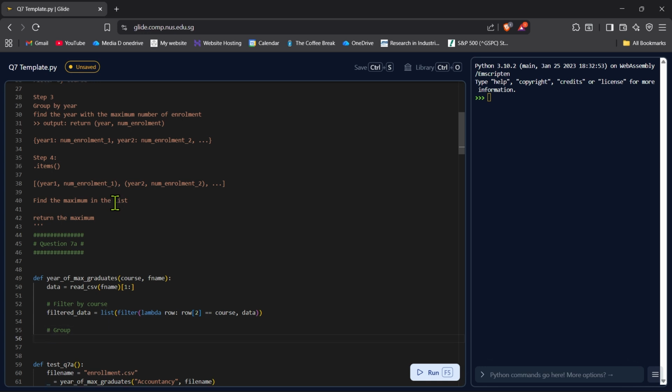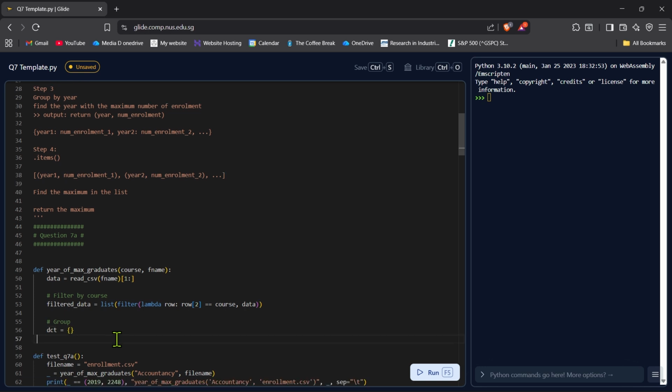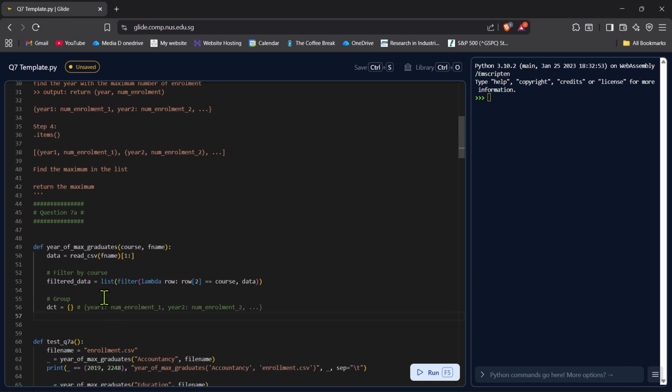So always bear in mind the object that we are trying to create right here. The idea here is we would like to create a dictionary this way, and we'll give this name DCT. So what is DCT? Ideally, it's of this form, and to create this,